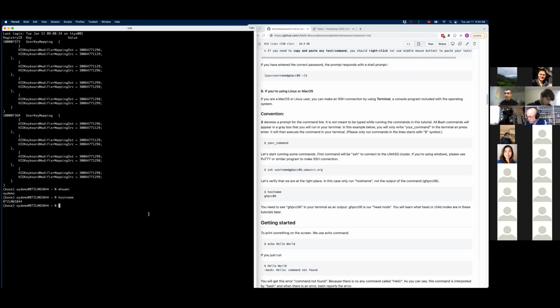But in this case, whoami is a single command. It's not like who is the first command and then am is the second and so on. I want the computer to interpret this as a single word, so it doesn't have any space in it.